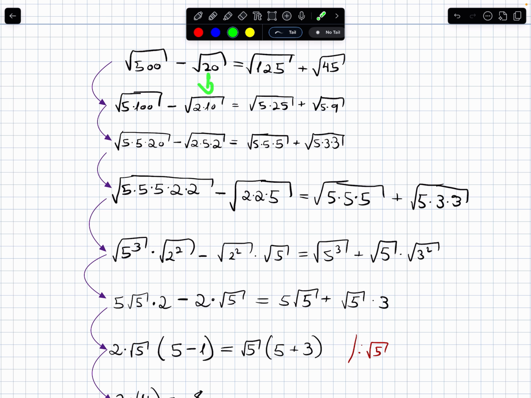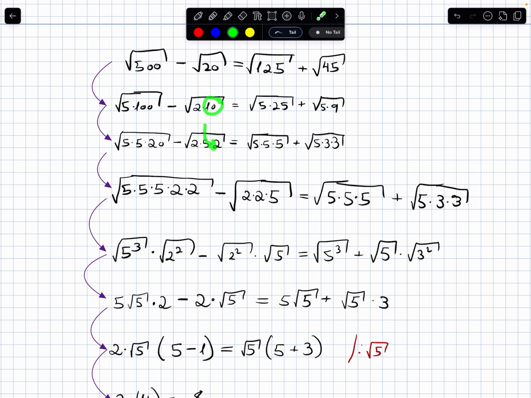Okay, so what I did is just take factor here 5 and here 2. Here I took another 5 and here I took also 5. Okay, and then I did the same thing. Okay, so I took